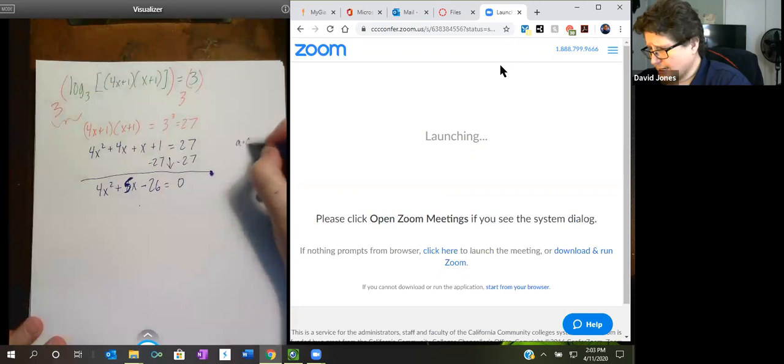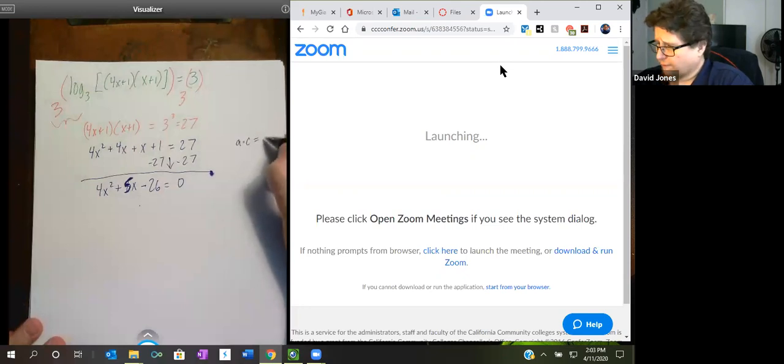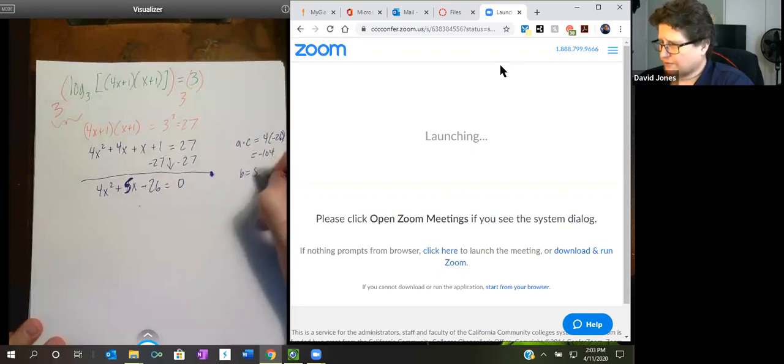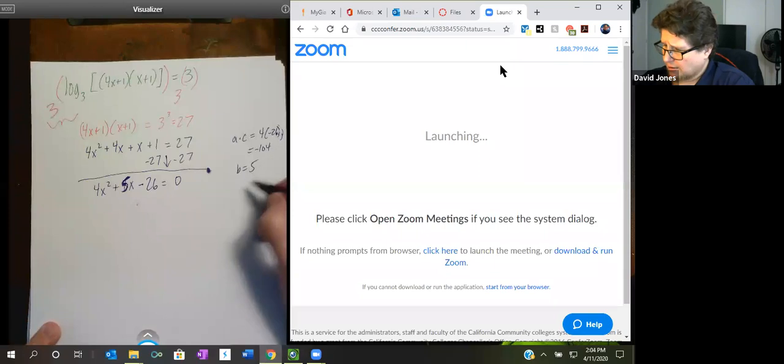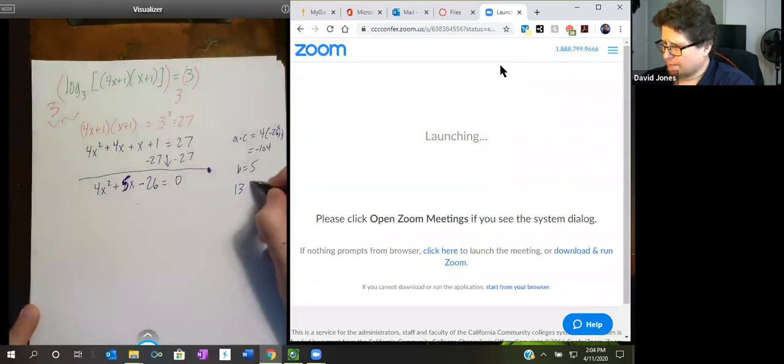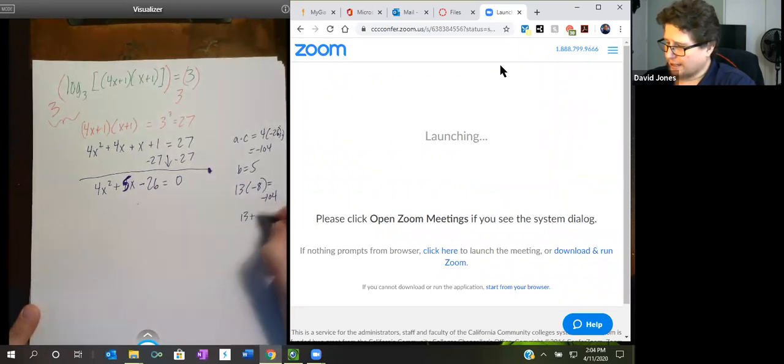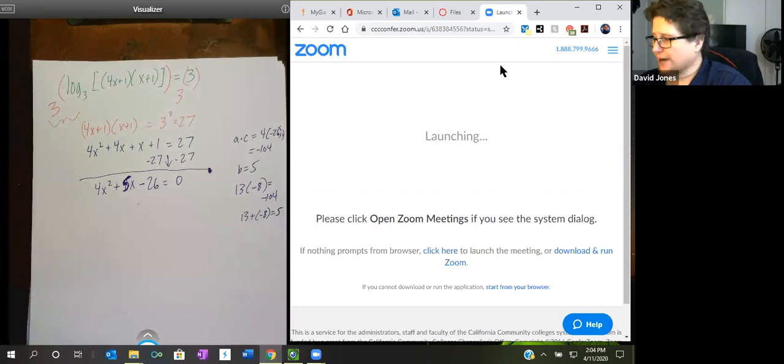A times c is 4 times negative 26, which is negative 104. B equals 5. Does this factor? 13 times negative 8 gives us negative 104, and 13 plus negative 8 gives us 5. So you can factor this,